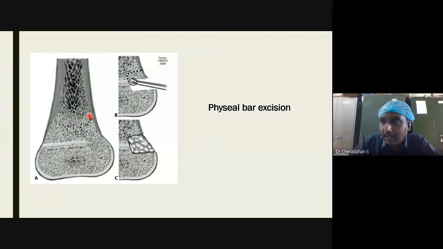That is a mechanically unstable situation. That is not technically possible as well. This is done only when the outer rim alone is affected. For the sake of understanding, this diagram shows as if there is a huge defect. But that is technically not possible, because only the outer rim alone is removed, and the remaining 70 to 80% of the physis should be intact. Otherwise, you can't do this procedure. Hope I have cleared your doubt now.